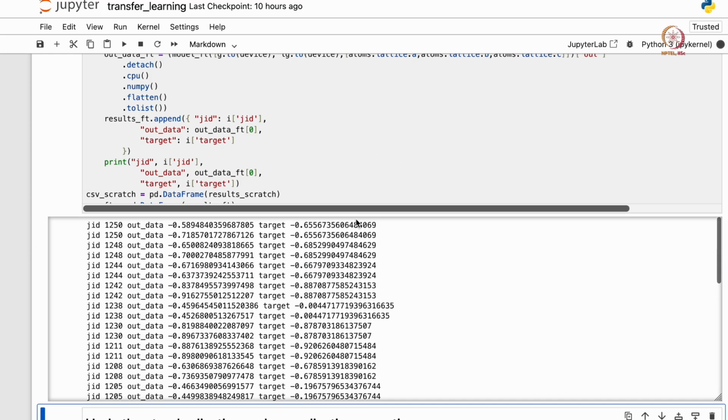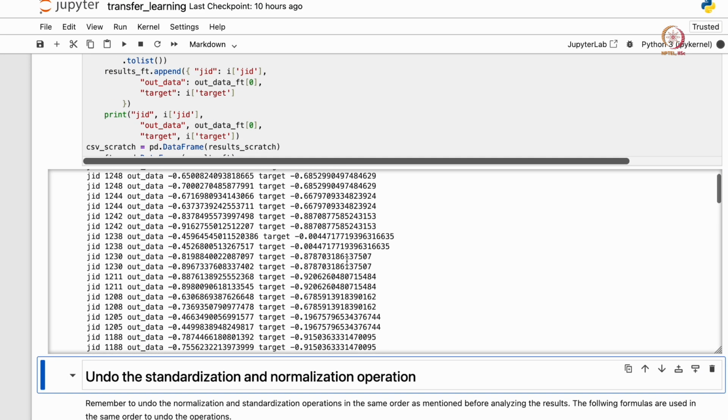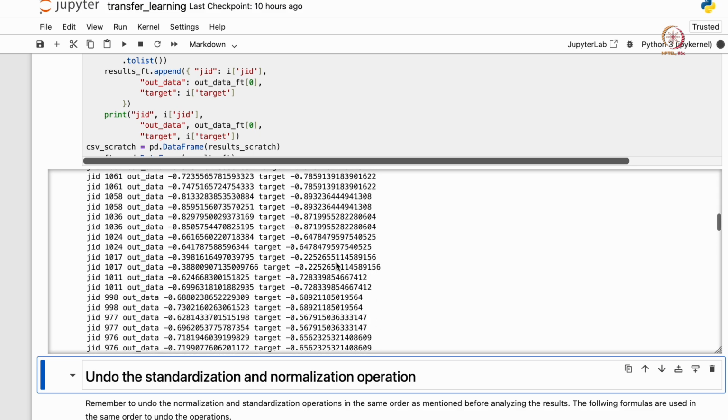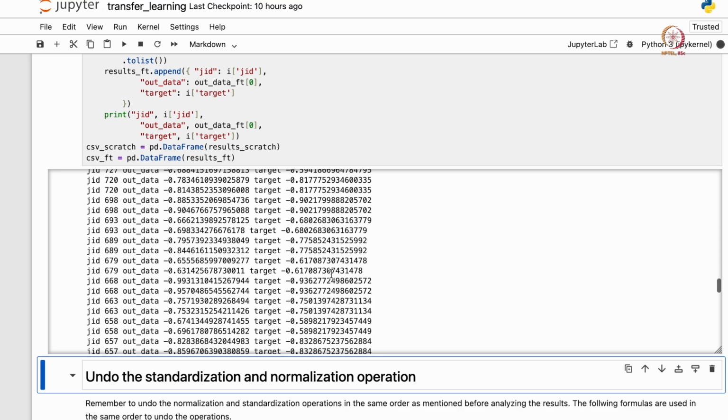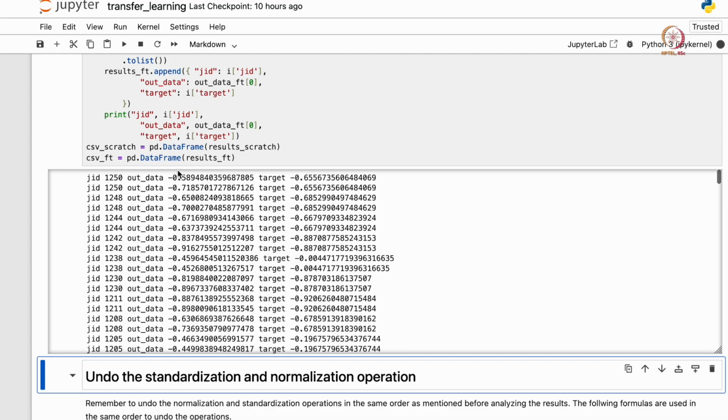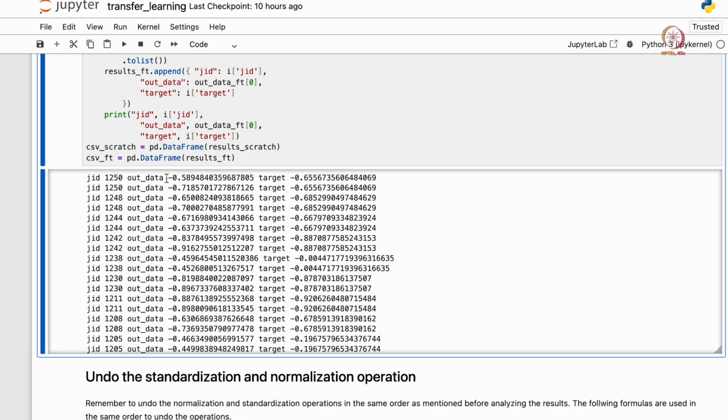Let's run this block. When you run this block, it just parses out all the data from the test and training set. For each of the JIDs, you can see there are two outputs. One is from this scratch model and one is from this fine tune model, and this is the target.